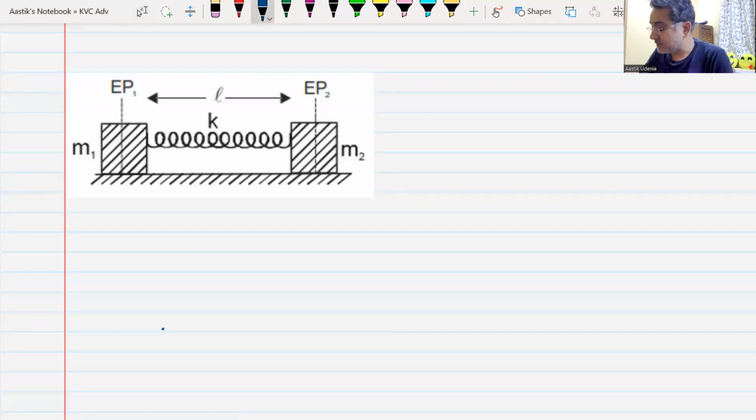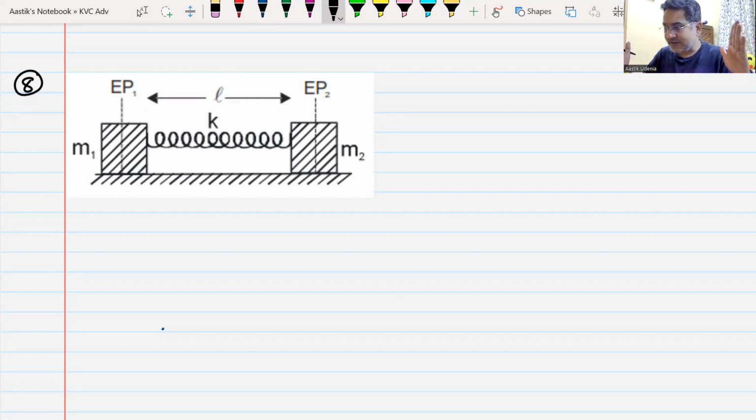You may have a system like this, where both the blocks can oscillate. Now, to make them oscillate, we have to first compress or extend them. Let us say the initial compression. Initially, they are like this. So, first of all, to start the motion, you have to compress or extend them. Yes or no? Now remember, these two blocks